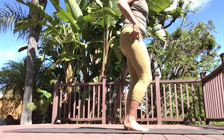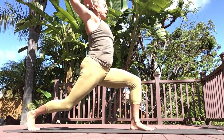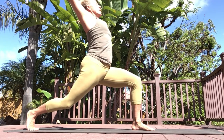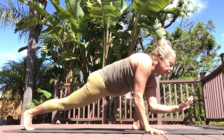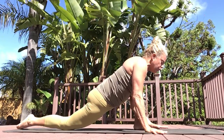Nice, you guys. So we're going to just step that right leg back. Come into a lunge here. Extend the arms up. Send your heart up. Good. Opening into the chest. Opening into the shoulders. You're welcome to lift your gaze to challenge your balance. Nice. We're going to reach down, bring both hands to the inside of that left foot, drop that right knee,